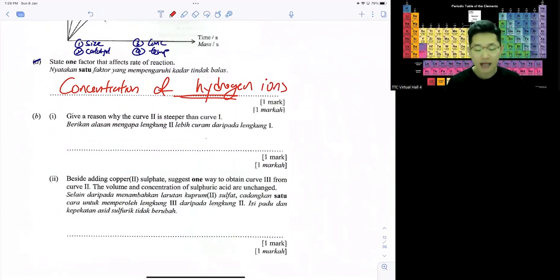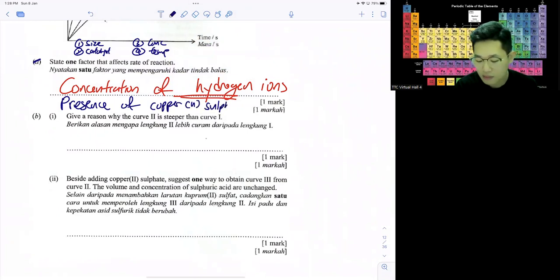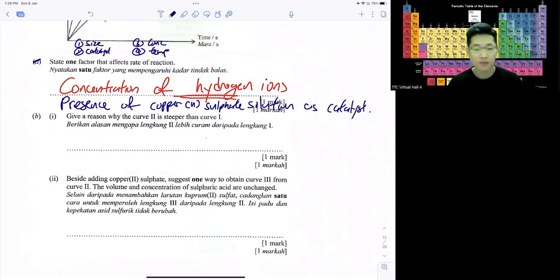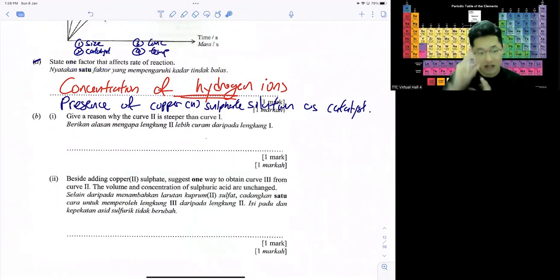Okay. And then if you don't want to write concentration of hydrogen ion in the acid, you can write presence of copper 2 sulfate solution as catalyst. OK，所以不要只写 catalyst，不要只写一个字，当他问你 factor 的时候，一定要讲清楚是什么东西的这个 factor。